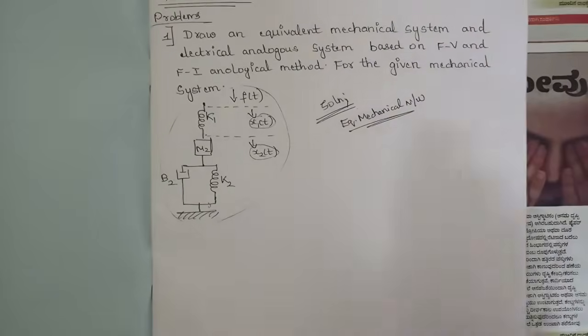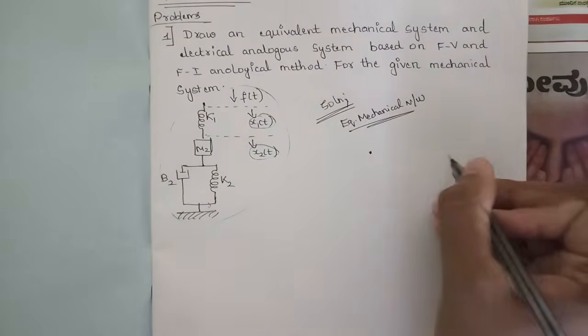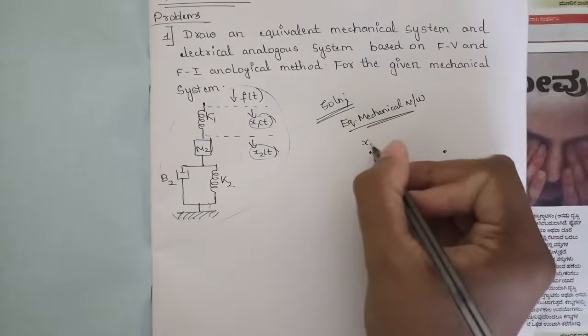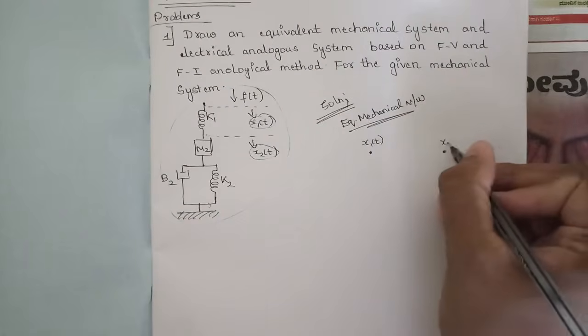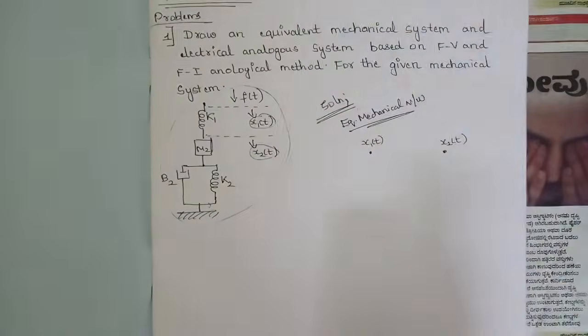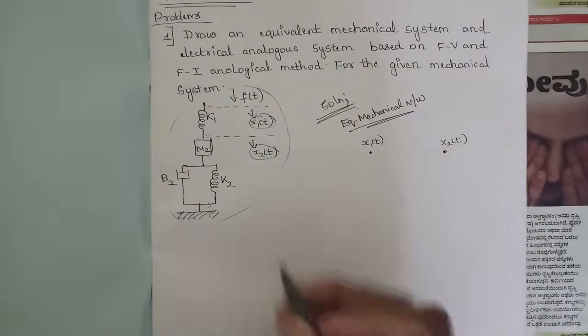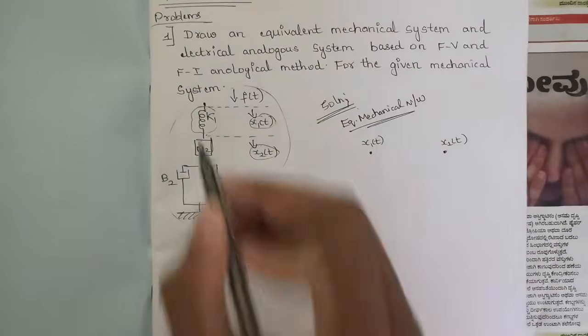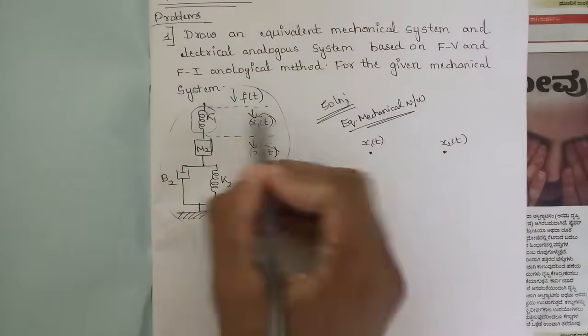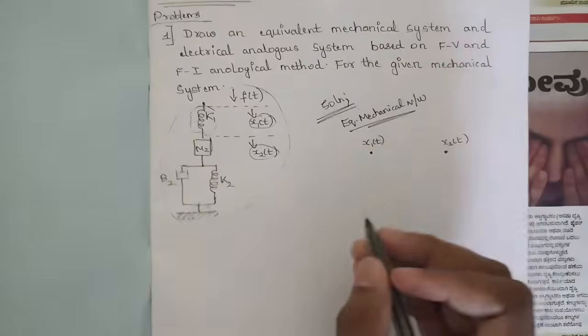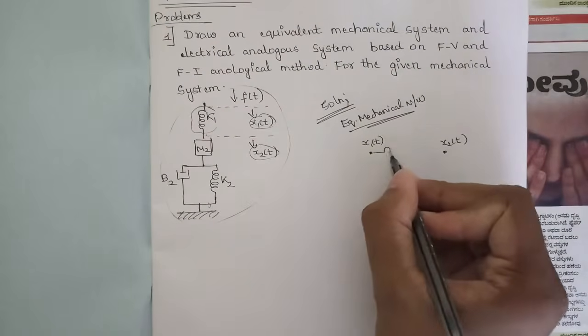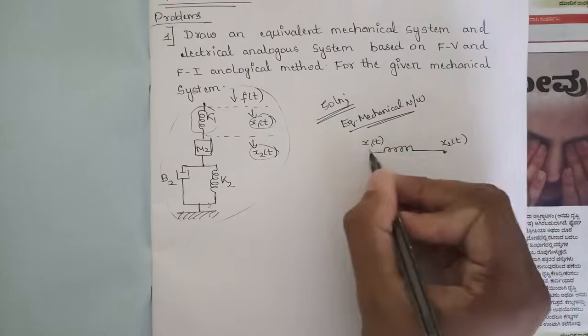If we have two displacements, we need to give them two nodes here. We need to name those nodes x1 of t and x2 of t, and after that check where these components sit, in which displacement. Let's consider first this spring k1. We can see that this k1 is between these two displacements, right? So we can simply write this k1 between these two dots, that is, between x1 of t and